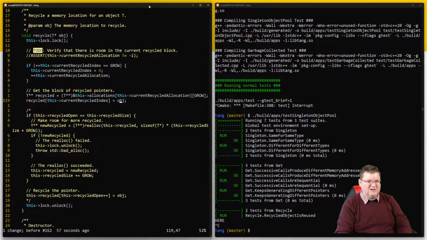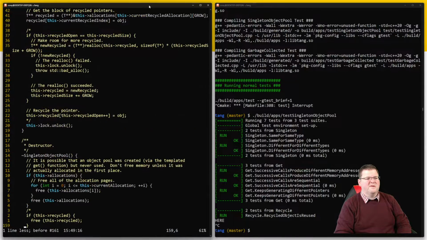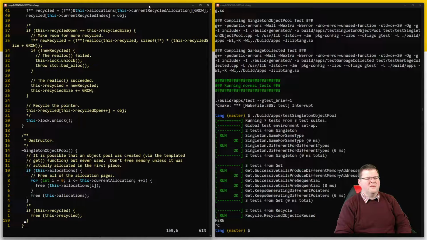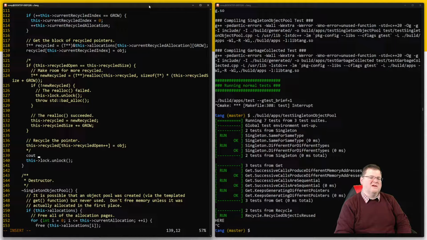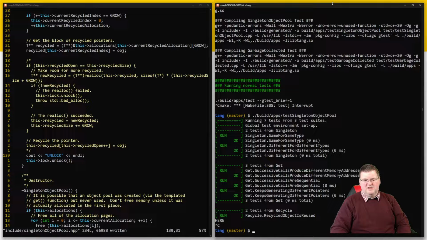And obj is a T star. Okay. That all looks correct. This unlock. Sorry, this should have been right here, right before the this unlock. That's what I'm, nope, right here. I want to say cout unlock inline, and the only reason is so that I can